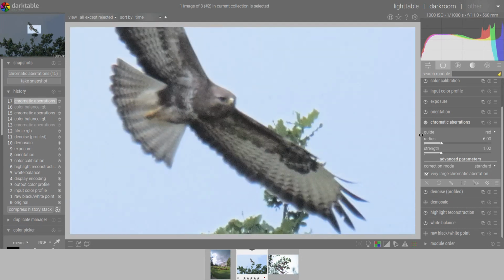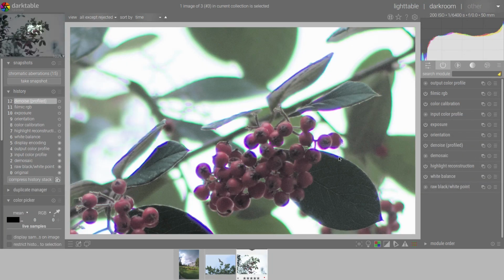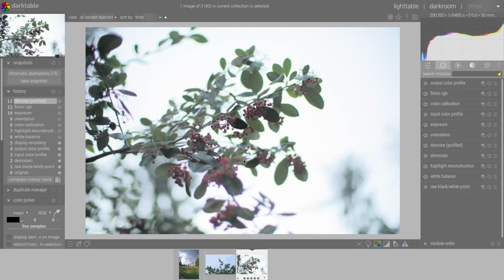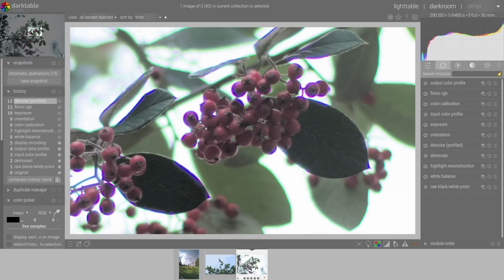So yes, I increased saturation on purpose for the tutorial, but of course do that with care, and you can use a parametric mask also for this. This image is complicated. It has some red balls, it has a lot of chromatic aberrations.